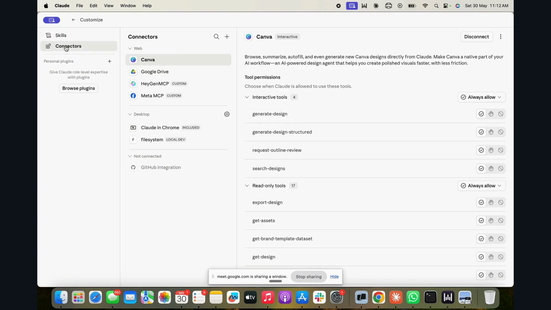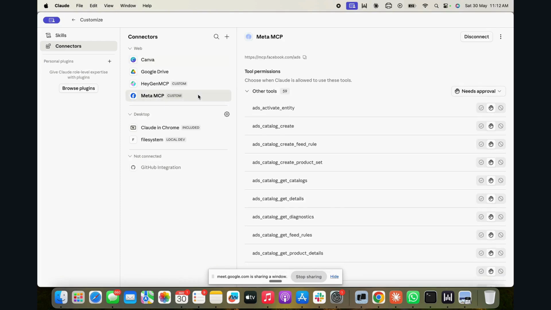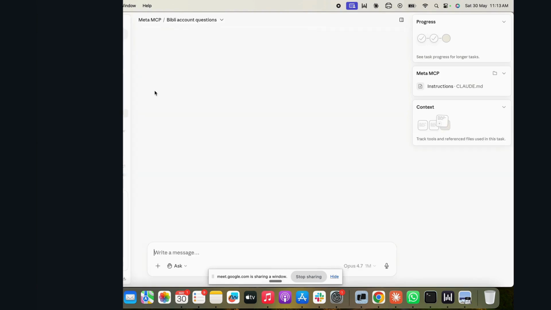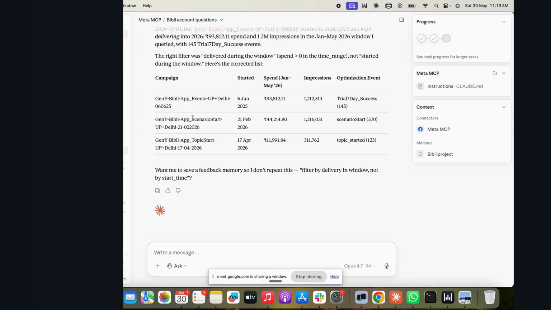If you see, I clicked on customize and there are these connectors. I have these different MCPs which are connected. Meta MCP is a custom MCP. If I click over here, you see this URL, mcp.facebook.com/ads. It's literally a 2 minute job. You just need to come to this connector, add it, and then with your login into Meta's Business Manager, it will very easily connect through. I've already connected it. In the end, if time permits, maybe I will disconnect it and show how to connect it again. But given the audience that we have, I think it would be pretty straightforward for everybody to do it.